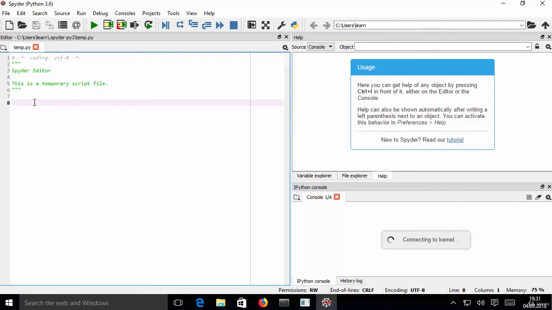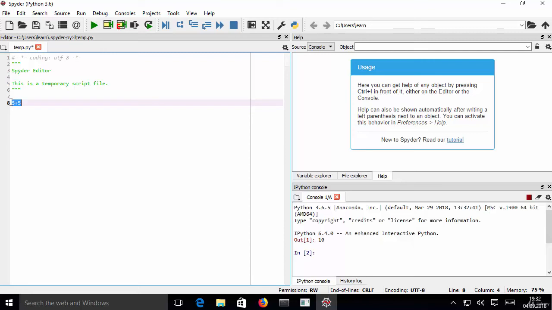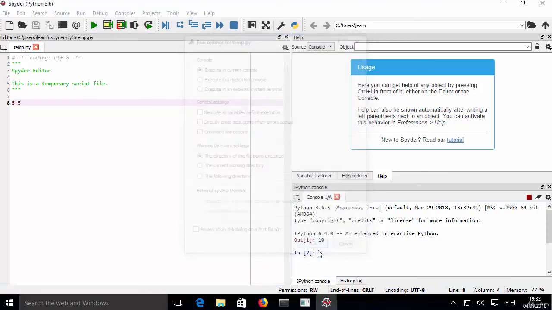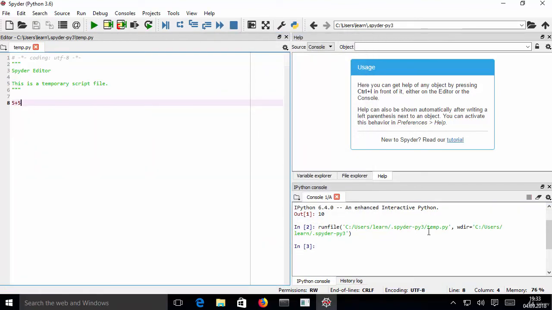So here you can type some command, for example 5 + 5, and then in order to execute it, you can highlight this command and once again press Shift Enter, and this command will be evaluated and the output is printed on this right hand side under the console. Also you can press this green button here and then press on run, which will also execute your file in which you are working.